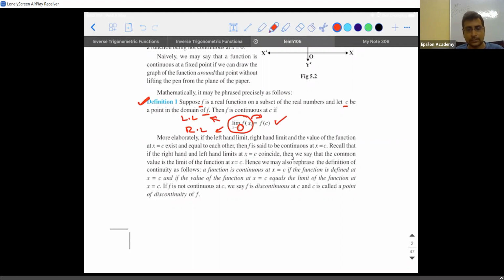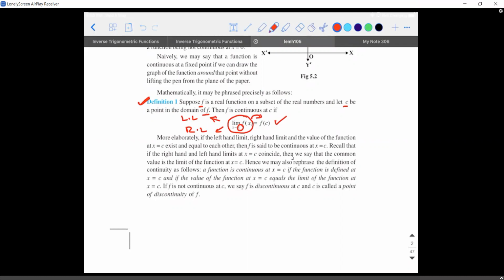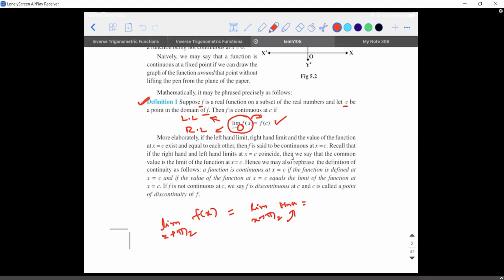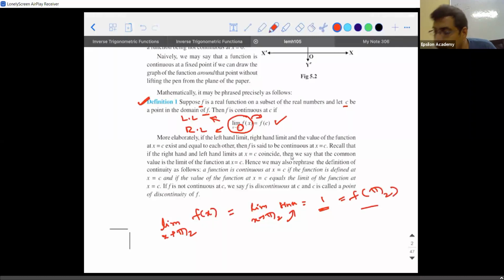Clear? Sir, then if we follow this rule for sin x, then it will be only sin of x plus h only, no, sir? We won't have minus, no, sir? There is no x plus h expression. So the limit as x tends to pi by 2 of f of x is equal to the limit as x tends to pi by 2 of sin x. How much are you going to get? You substitute the limit here. Then what are you going to get? We only have to find the real value of the function. So that's what they are saying. If this is the same as f of pi by 2, no? If this condition is getting satisfied, then you can say it is continuous at that point.